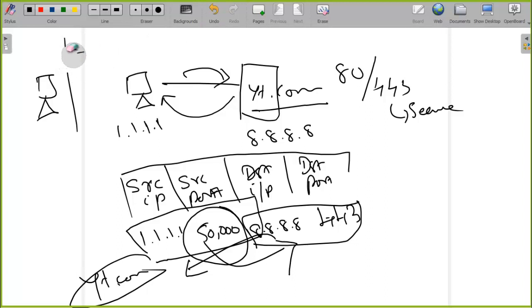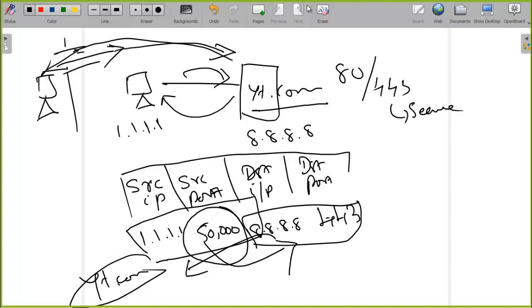You will have to open up any one of the ports, and through that the data will go out. When the request goes out, it will reach the corresponding server, and the server will respond back, and the response will also come back through the same port number through which the data was sent. That is why the source port is copied and pasted onto the destination port when youtube.com responds back. This is how ports normally work.